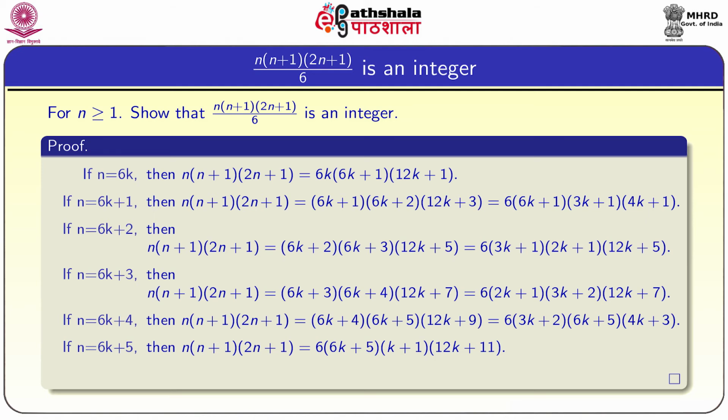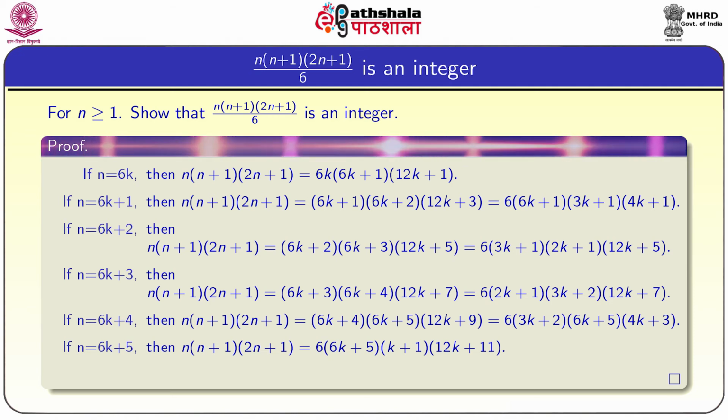In order to show that, what I have to show is that n into (n plus 1) into (2n plus 1) is equal to 6 into some integer plus r, where r is a remainder, and that should be 0. So, I have to show that n into (n plus 1) into (2n plus 1) is equal to 6 into some integer every time. We will prove this result by using the division algorithm, that is, by different cases.